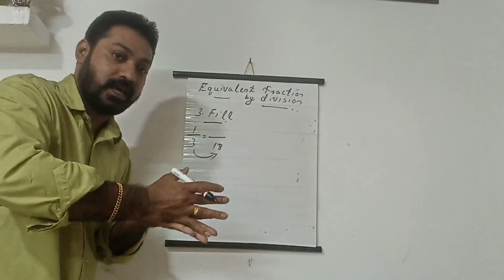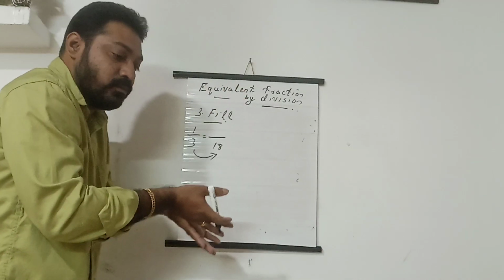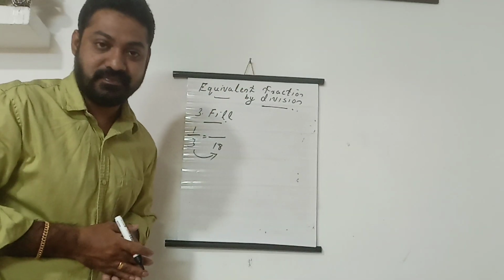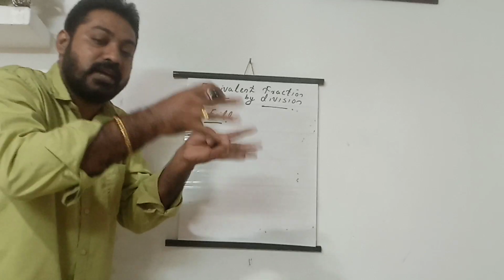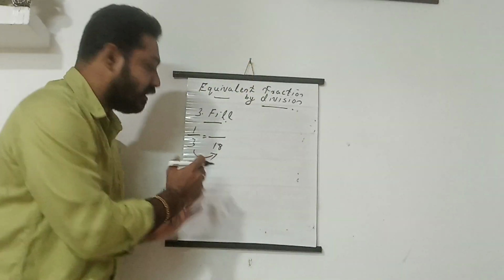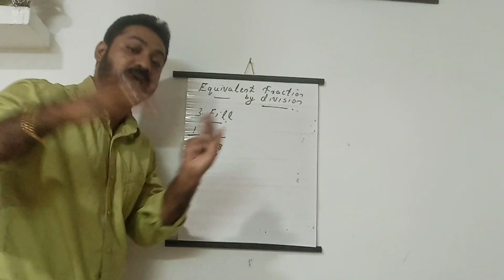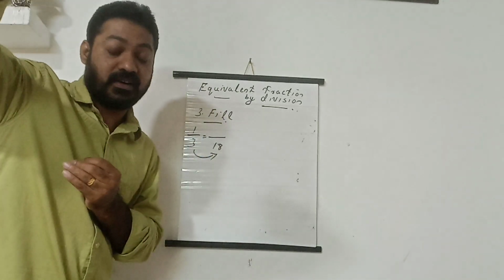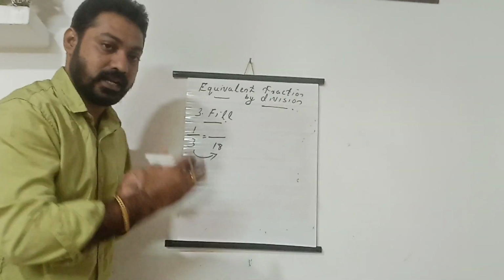When we reduce, it becomes smaller, right? It will be reduced means its size will be reduced. When we divide, what do we see? It is reduced, the size is reduced. When we divide, it will be smaller. But when we multiply the fractions, to make an equal fraction, the size will be increased or the number will be more.